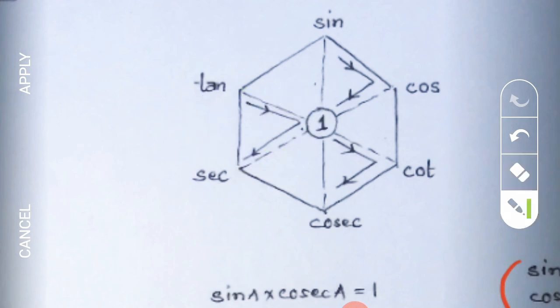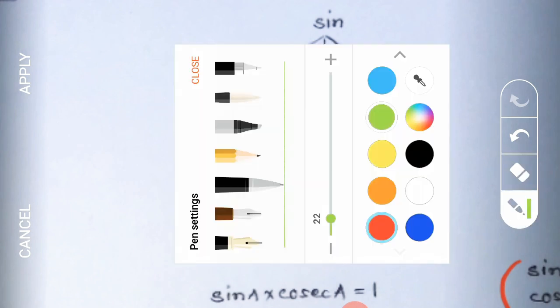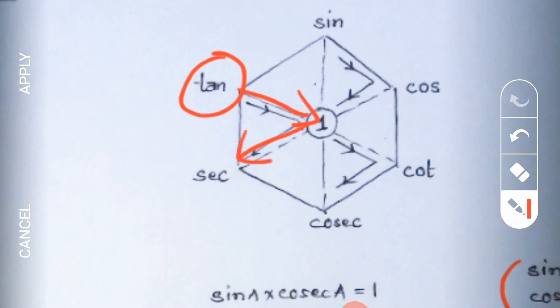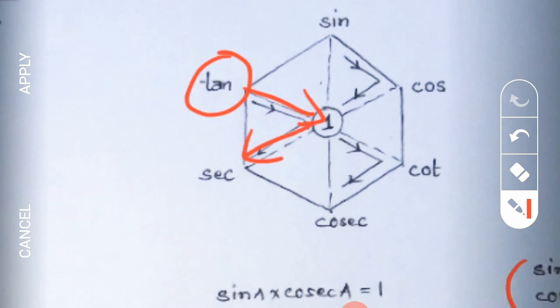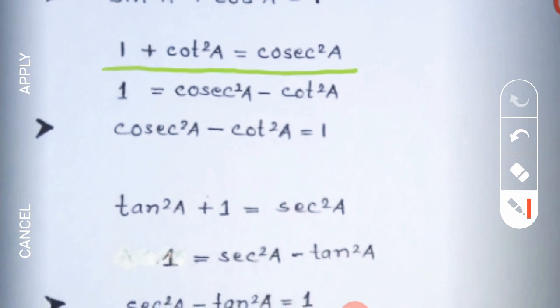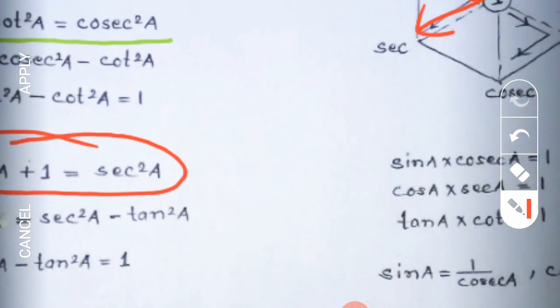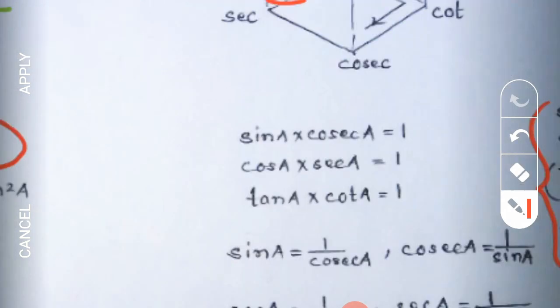In this way, see, tan square a plus 1 equal to how much? Sec square a. This is the third identity. I have written here, tan square a plus 1 equal to sec square a. So there are only 3 basic identities at class 10 level, and many more relations of trigonometric ratios